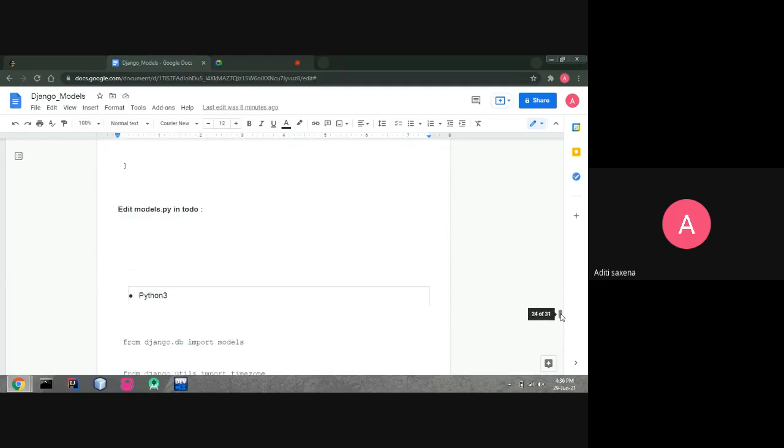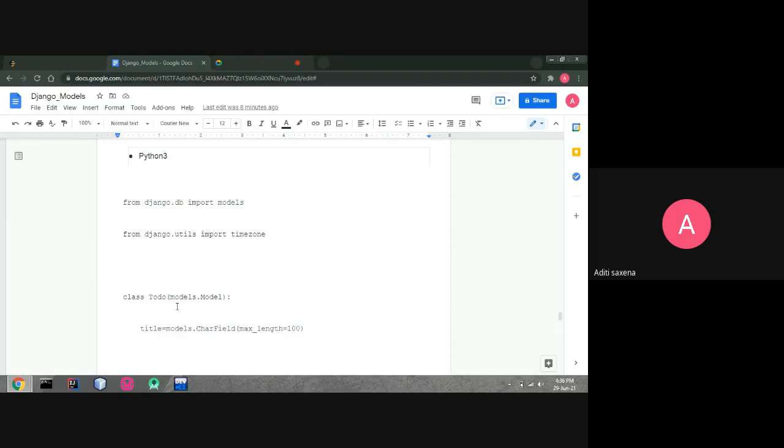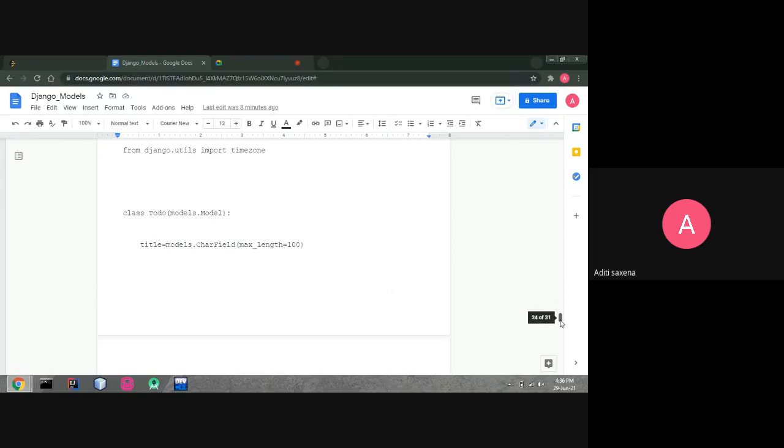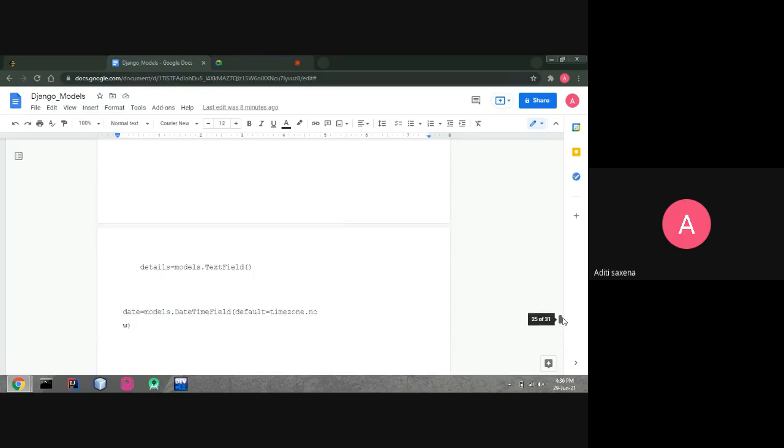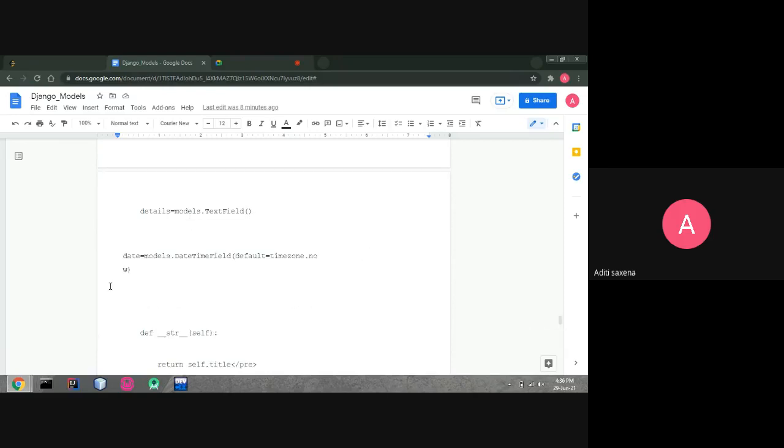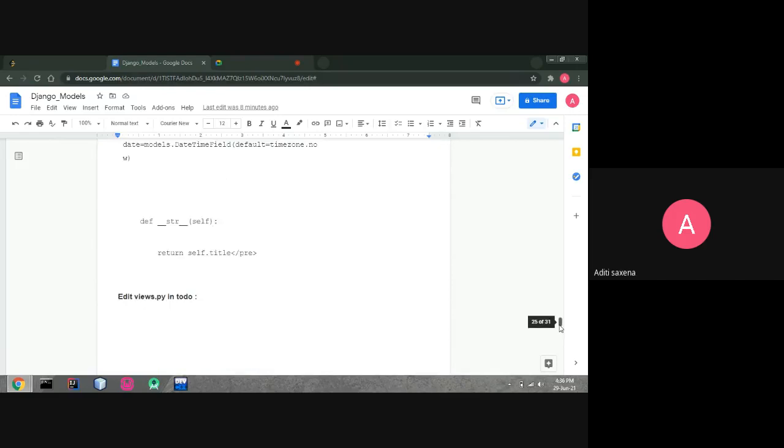Now edit models.py in to do. So we are going inside the to do folder. To do means this is the app folder. So inside the app folder we have to edit models. So import models, timezone, and something like class, where we are creating class ToDo. This is the class we have created, models, and what are the fields we are using: title, models.CharField, whatever the length you want to take. Then the second field is details, and the third is date,